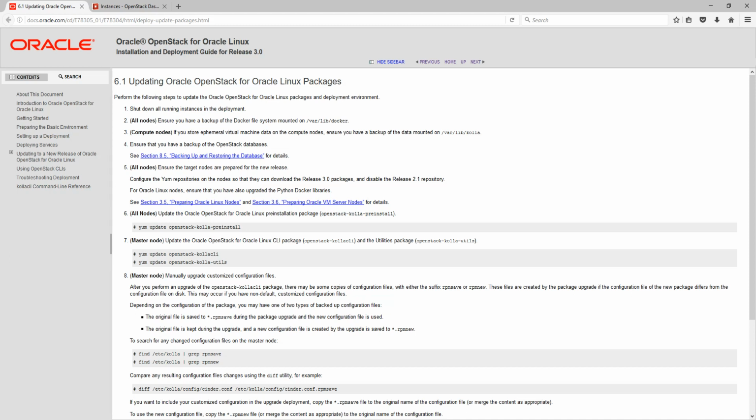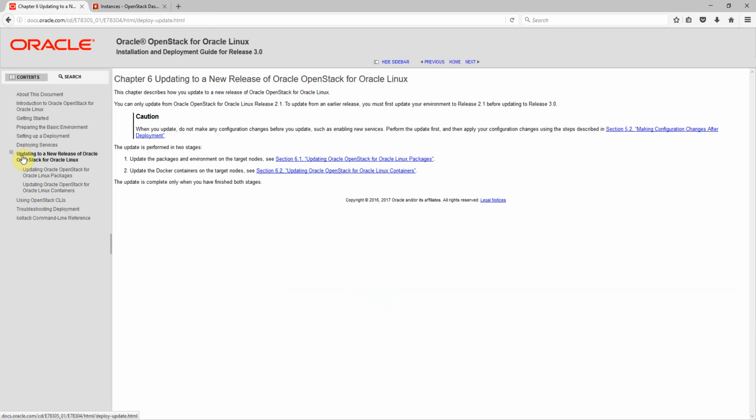Hello everyone, I'm Lucian, and in this session we will be covering the necessary steps to upgrade Oracle OpenStack 2.1 version to the latest 3.0. All the steps are very well documented on the Oracle website, in the installation and deployment guide for release 3.0, and it's